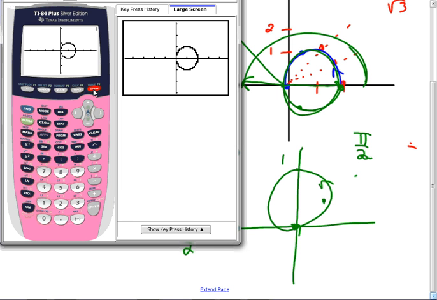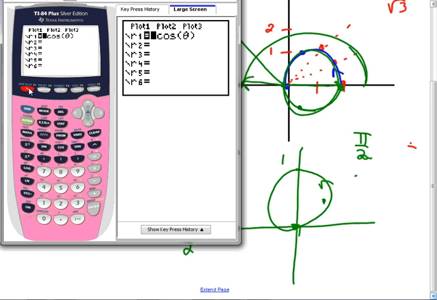I believe it'll be 8. Wow, my calculator's getting stuck on this. How do I get out of it? Press second, quit. Okay, so then if I go in here and I put in 2 sine theta,